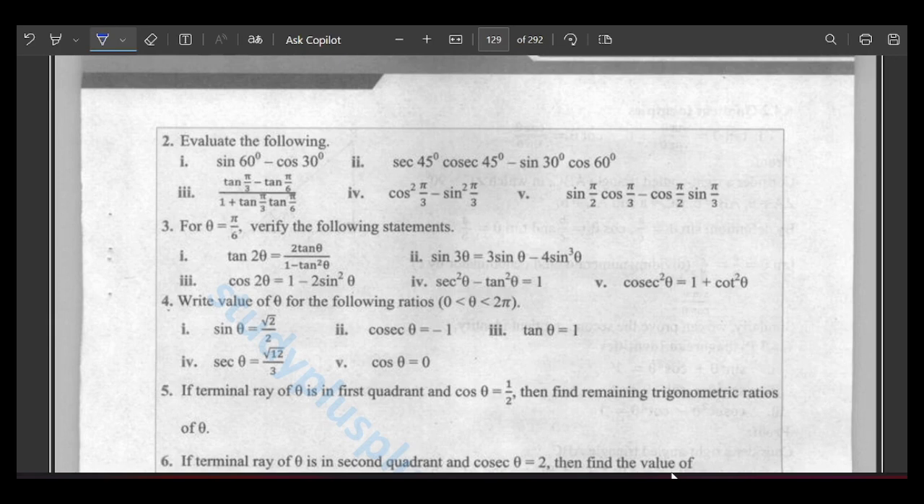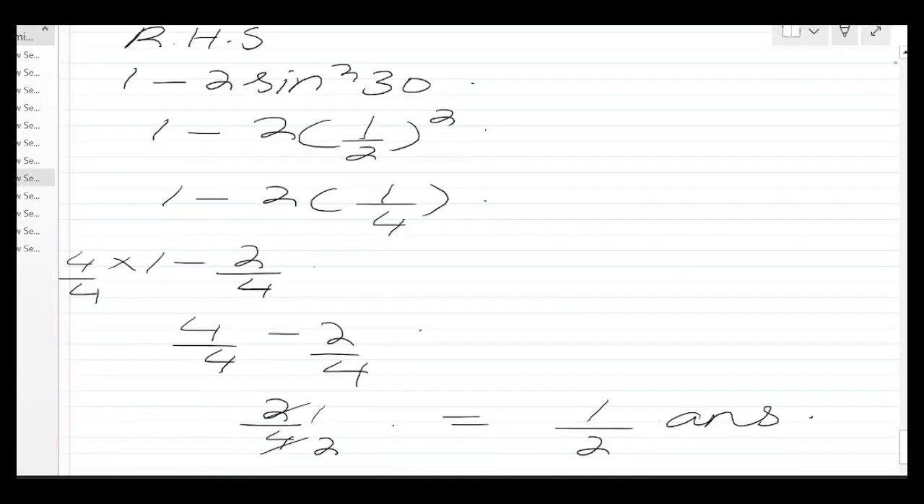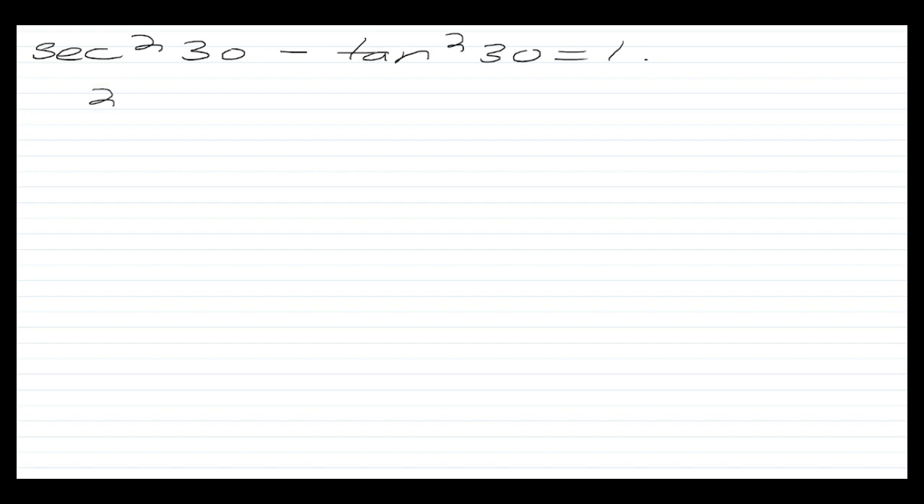In part number 4 we have sec square theta minus tan square theta, and that is equal to 1. Let's write the statement. Sec square 30 is subtracted from tan square 30, and that is equal to 1. Now what is the sec of 30? That is 2 divided by under root of 3, and we will apply whole square, and then the tan of 30, that is 1 by under root of 3, and we will apply whole square on it too,